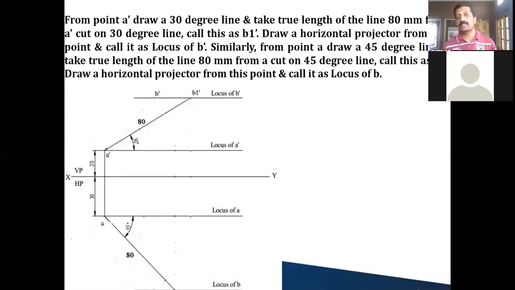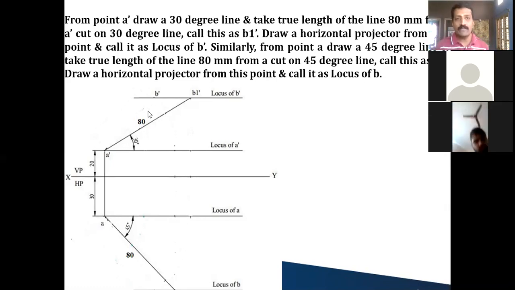So this is the second step. Till here, all the data he has given, I have used. I have taken the point A, the distance with respect to HP and VP. I have identified the position of point A in the front view as well as point A in the top view. I made use of the true length diagram, that is the true length of the line, 80 millimeter, and the theta and phi, and I have completed the true length diagrams.